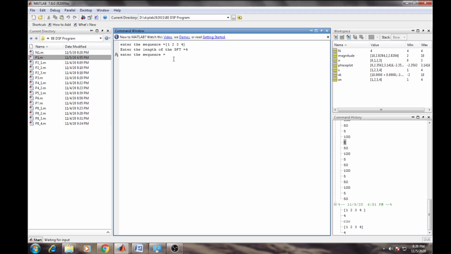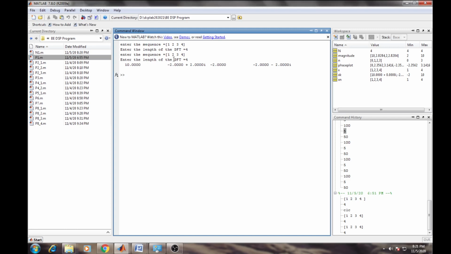Again it demands that I enter the sequence. So I re-enter that sequence 1, 2, 3 and 4. Now again enter the length of the DFT. It demands the n value, so I say 4. Once you enter it, immediately you will get the result.